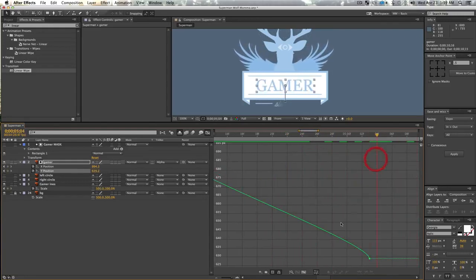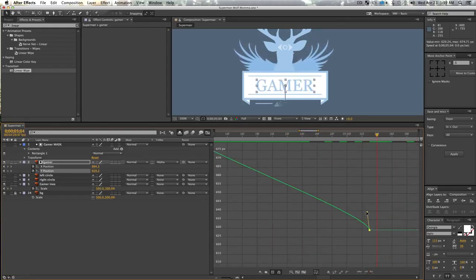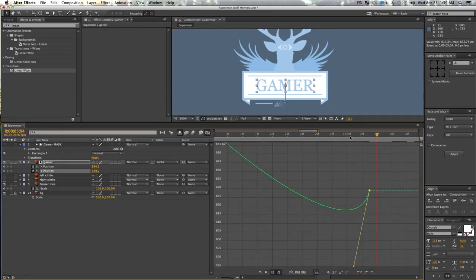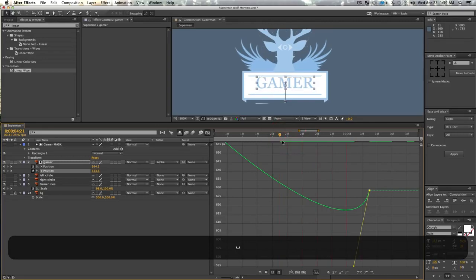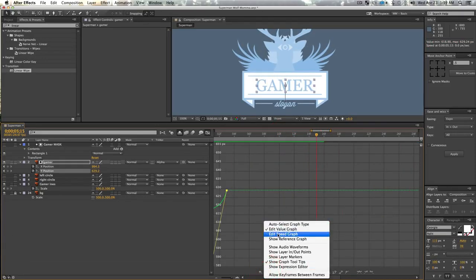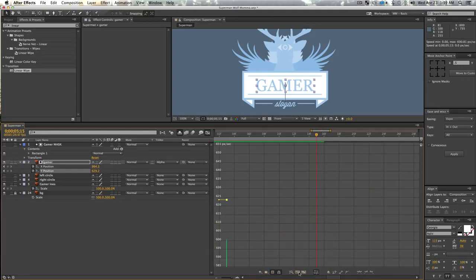So it's like inverted. If we select our keyframe down here, let's just grab this little dude and just drag it so it actually goes under. So what this is going to do is make it look like there's a little bit of a pop into place, which is cool. So let's go back into our menu here and go to speed graph and toggle back